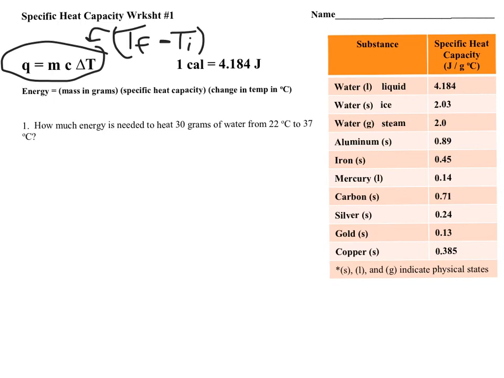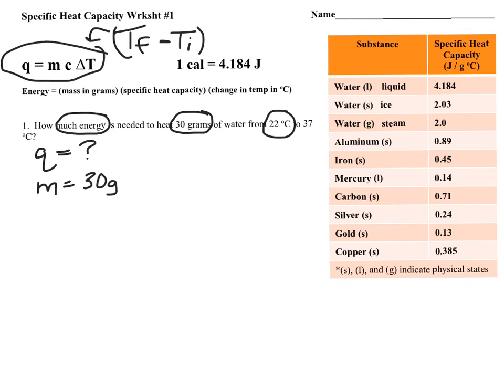All right, if we look at number one, it says how much energy is needed. So first of all, how much energy is needed? That's going to be my Q value. Q stands for heat or energy. How much is needed to heat 30 grams of water? So right away, I already know I have a mass of 30 grams. And the water temperature is going to go from 22 degrees to 37 degrees Celsius. So my starting temperature looks like it's 22 degrees Celsius, and my final temperature is going to be